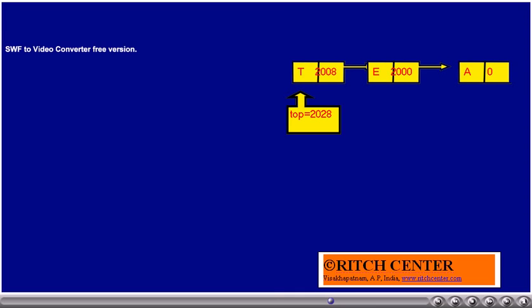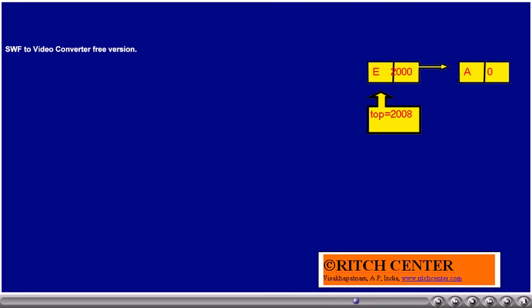Like this, whenever we insert a new character into the stack, top value will be pointing to that. However, remember that the previous nodes are linked or chained with the help of this next variable in the LST type of variable. That is, a linked list is maintained.